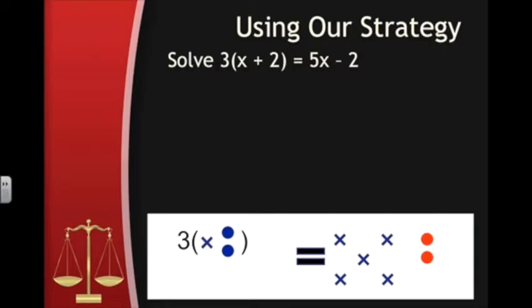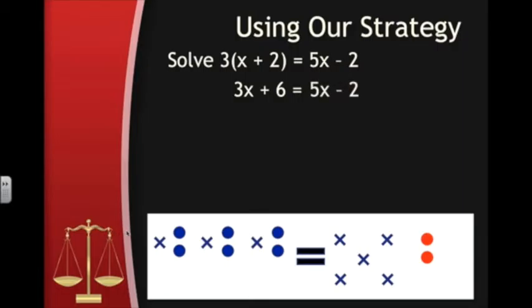On the left side, we see that there are 3 x plus 2's. If we look at the model, we can see what happens when we use the distributive property. We end up with 3 x's and 2, 4, 6 ones, or 3x plus 6, which equals